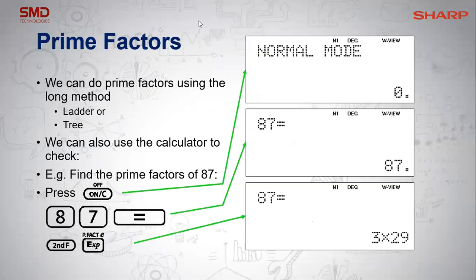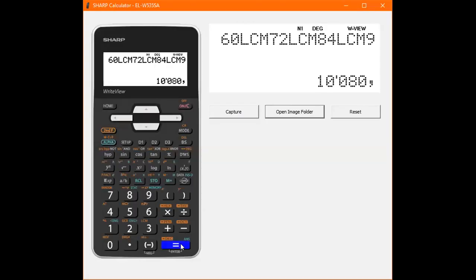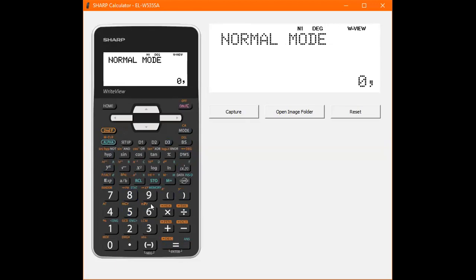Now, we've also got prime factorization, and I'm actually going to use this value here. So we've got this answer, we've pressed equals, and then all we would do is press second function and EXP. You can see above it in orange, it says pfact. So you press that, and it breaks down all of our exponents for us, as well as all of our prime factors. Okay, so if you want to do it from scratch, just press on, type in your number, and press equals, and then say second function and